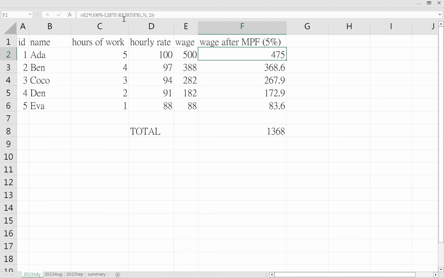In fact, it is true for most of the Excel functions except indirect. What does this mean? When we use most Excel functions like left, right, or summation or whatever, we are returning a value. But when we are using another function called indirect,